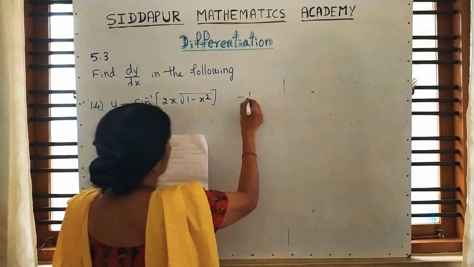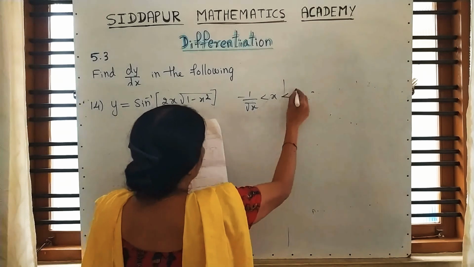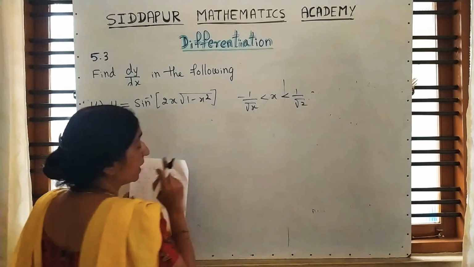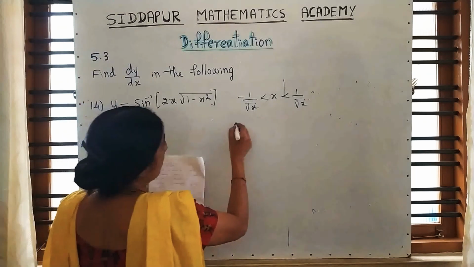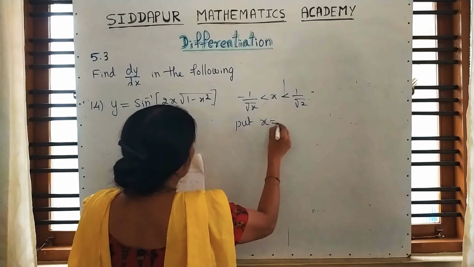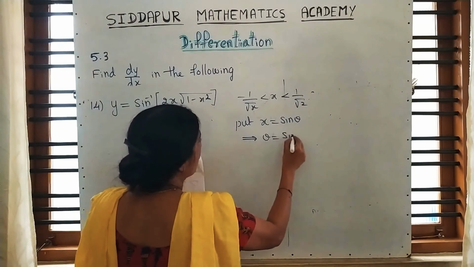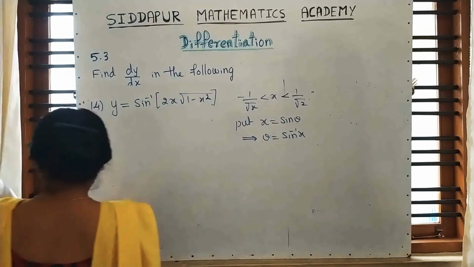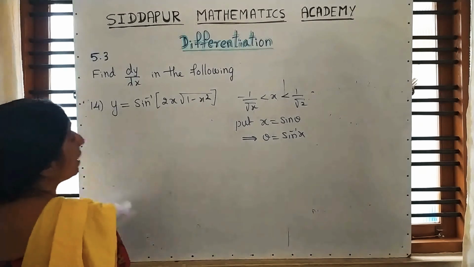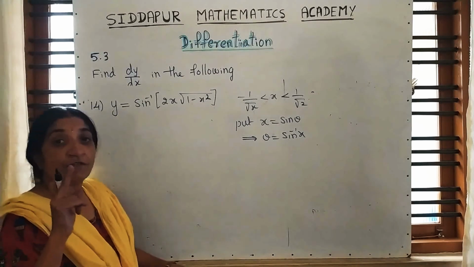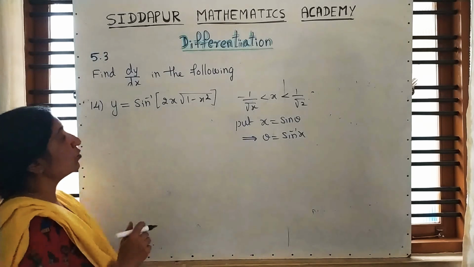And students, remember, in a problem, if you have root of 1 minus x square, you can go for the method of substitution as x is equal to sin theta or cos. In both cases you will get the answer. Here I am writing x is equal to sin theta. Generally we write sin. Depending on the problem, it will change to cos. That is one hint. If you want, write it down on the side. In the problem, if it contains only one root and that root has 1 minus x square, put x is equal to sin theta.